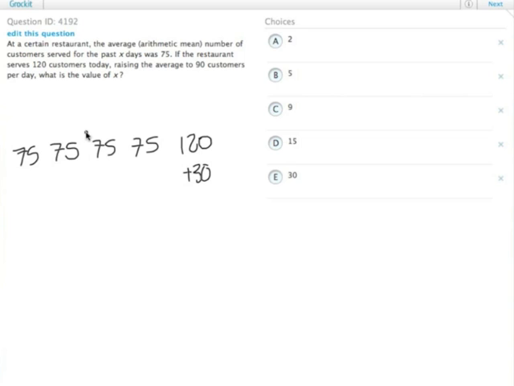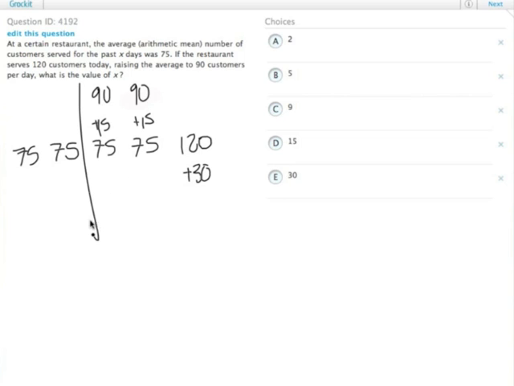So we need to divide 30 evenly over however many days we're going to do it. If we put 30 all on the day before, if there were only one day at 75, this ends up being 105, and that's not right. If we put 30 evenly over 2 days, plus 15 here and plus 15 here, let's get rid of that 105, actually that ends up with a new average of 90 for each of those